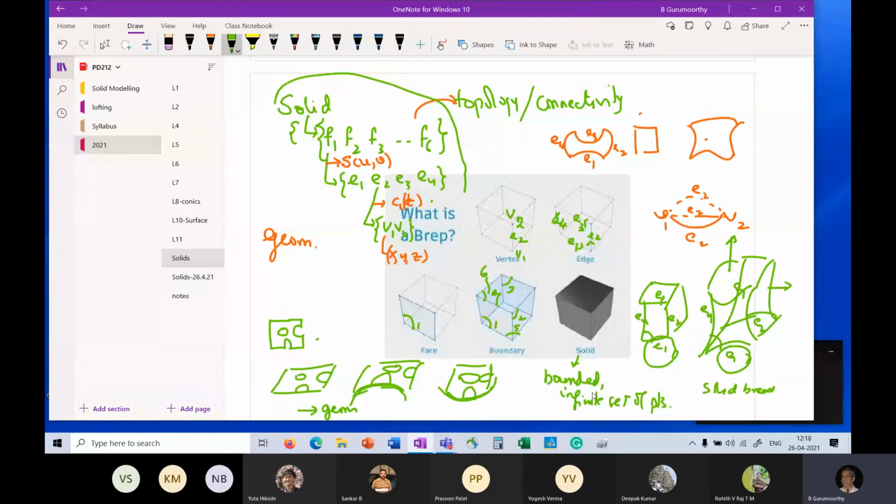But we don't try to represent the infinite set, rather we have a slightly different finite representation, where we say that my object is represented by its bounding surfaces, and therefore I get away by not having to represent the interior, the points that are being bound by the boundary at all.